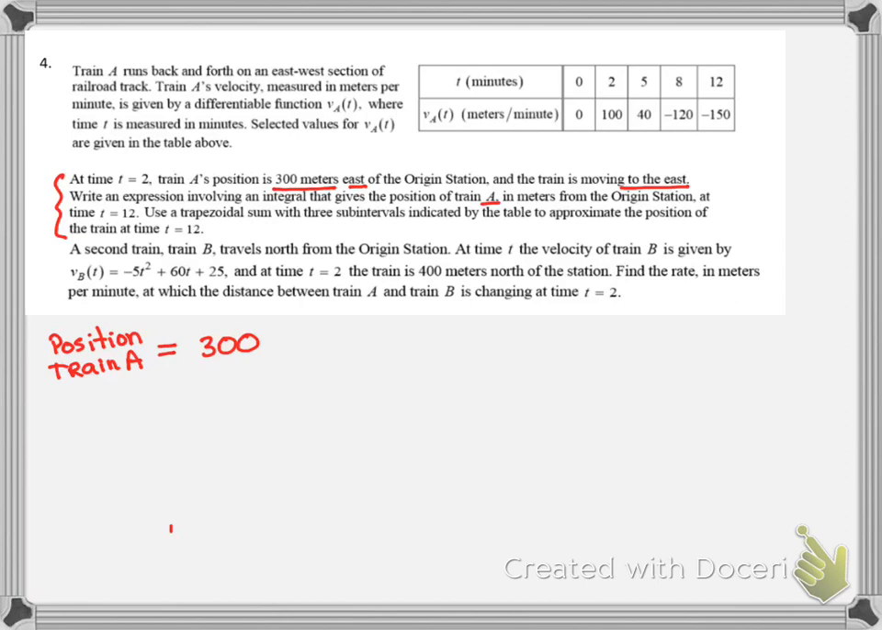Since we're moving to the east, we can think about this as west to east. Then we are going to add the integral of our velocity of train A dt, and we're going to go from 0 to 12. And they've told us they want us to use a trapezoid sum with 3 integrals. So that means I'm going to kind of box out our integrals here from our table. This first one's going to be our first trapezoid. Then in blue,